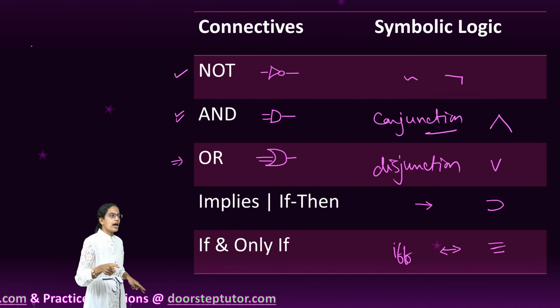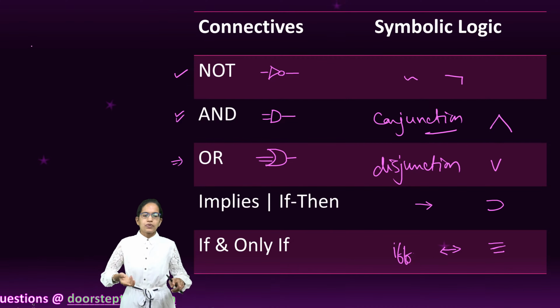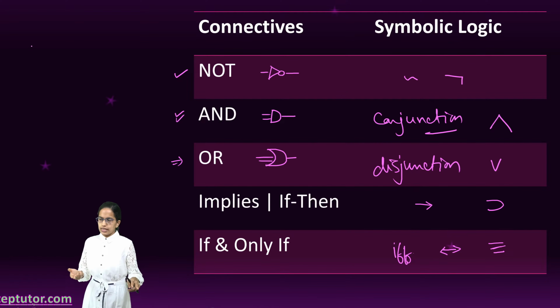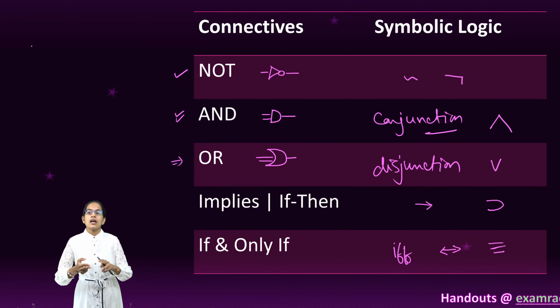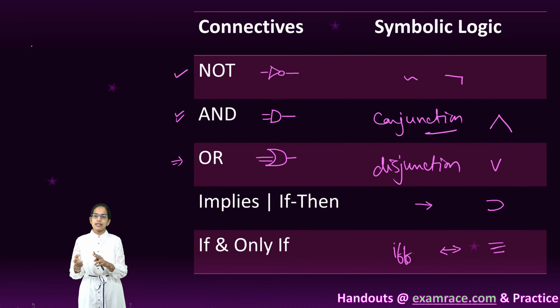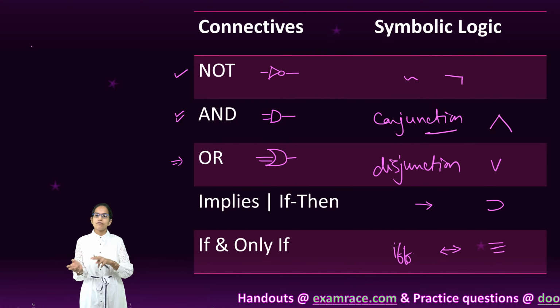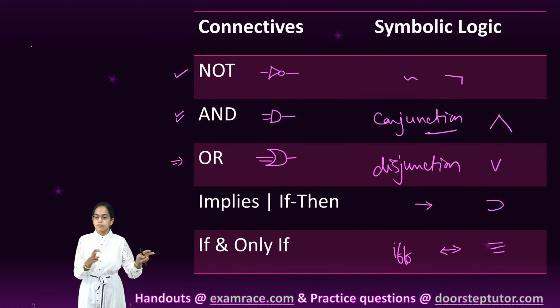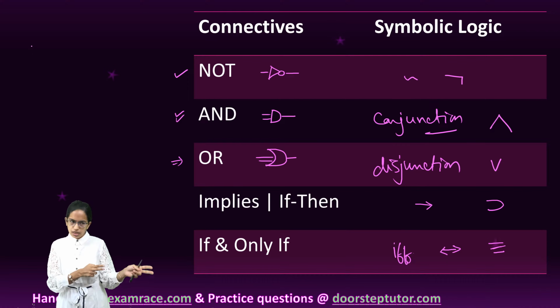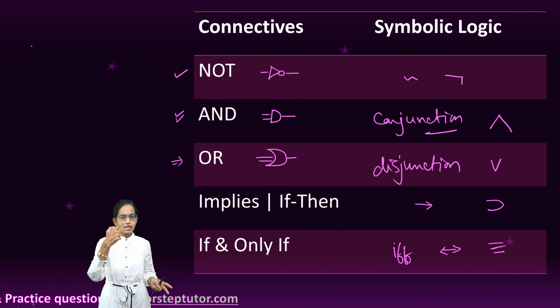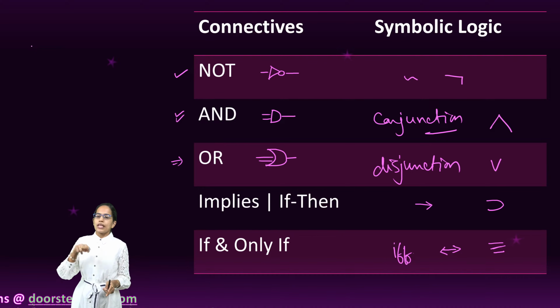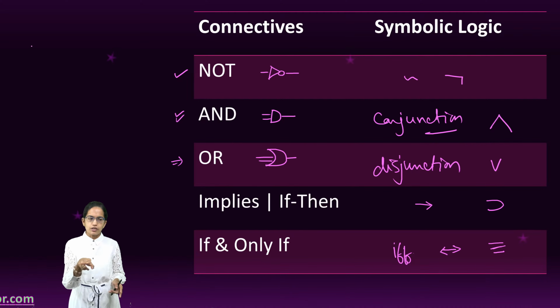Again, I have another example for the same. I am selected if and only if my friend is selected. That means if my friend is selected, then I am also selected, and if I am selected, my friend is also selected. And that is if and only if. Okay, so either both of them are selected or none of them are selected. So that is how we understand if and only if.